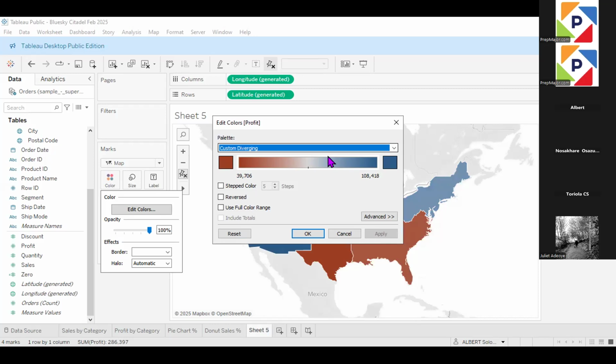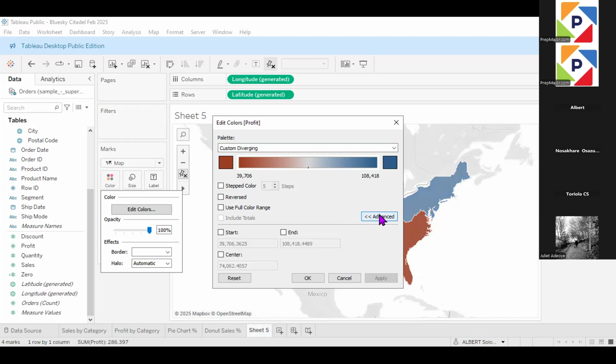Okay. And while I apply this color palette to my visualization, we would see an advanced button here. Let's open it up and see what we have there. If we open up the advanced button, we can step the color. Stepping it simply means